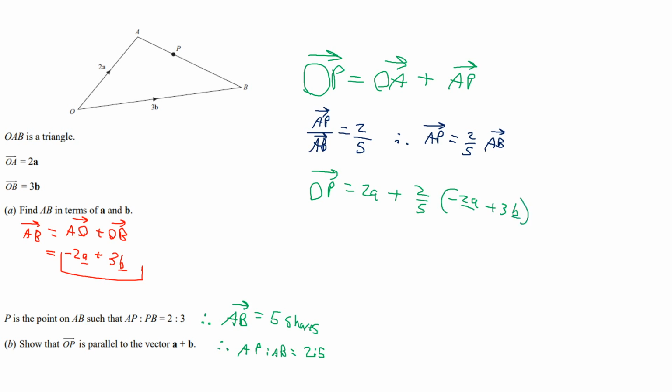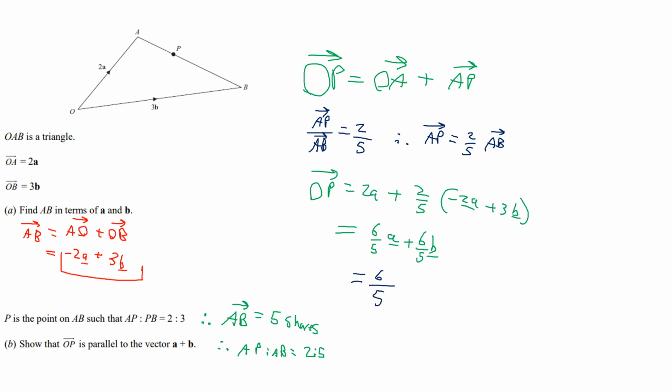And so what we're left with is an answer of 6 over 5 A plus 6 over 5 B. And again, like we did for the previous ones, we can factor out 6 over 5,